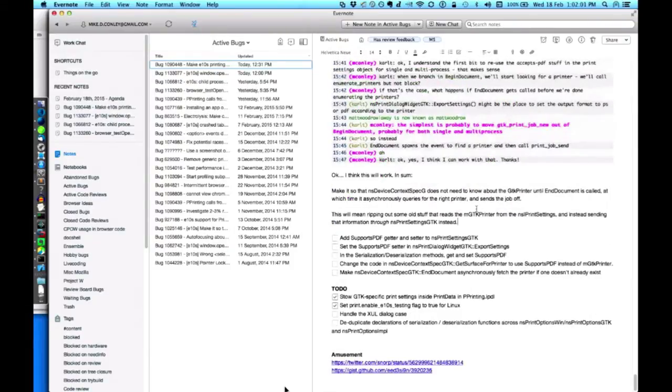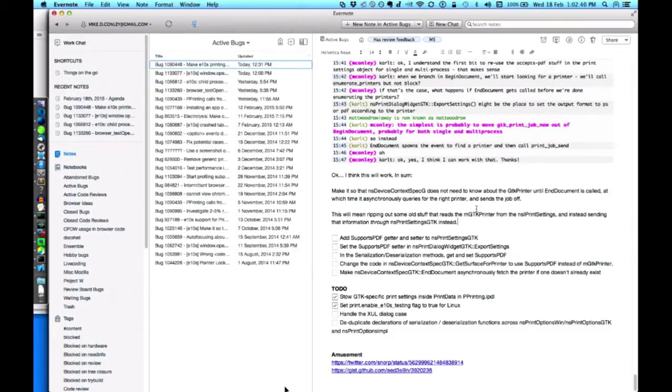The problem that Carl wants me to solve is whenever we send the message back down from the parent process saying we've selected a printer. We show a dialog in the parent process, and the user will select a printer that they want to print to, and they'll set various settings like how many copies, and whether or not to print in color or in grayscale. Whenever they hit OK, we send a whole bunch of information down to the content process to actually kick off the printing. And we've been doing a good job of serializing all of the information that's in that dialog and sending it down to the child.